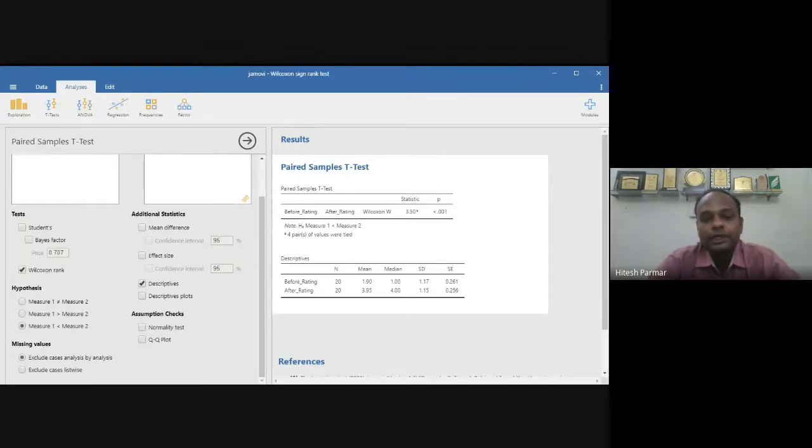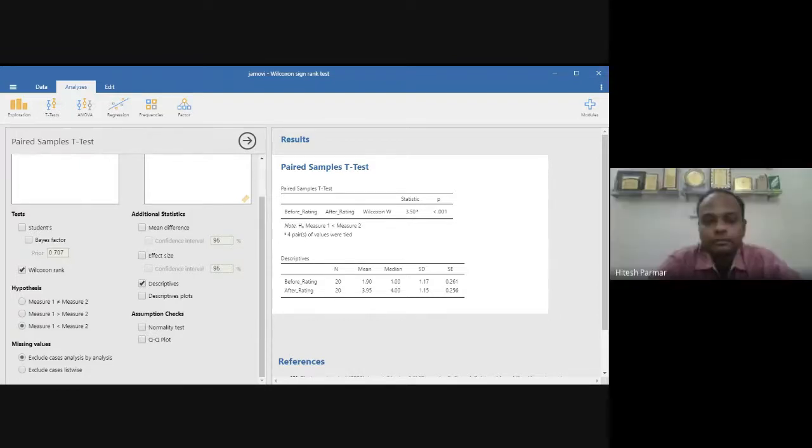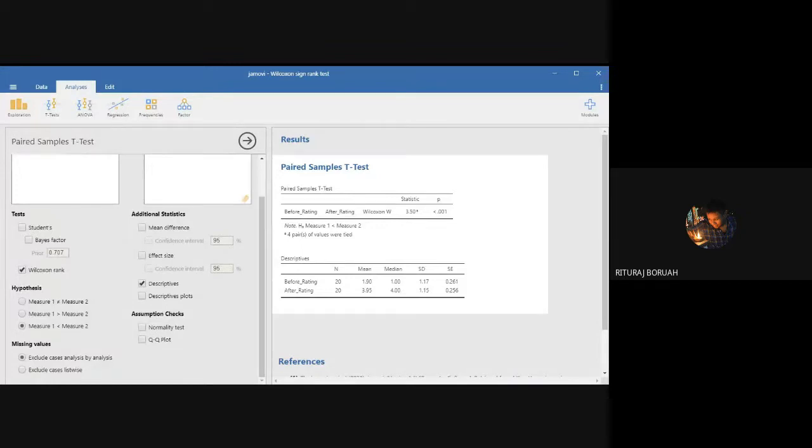Any question, any doubt? So then you can conclude, the overall conclusion will be the treatment is effective. Whatever we discussed, if you have any question, then please ask. Sir, in this question, we have to conclude by looking at the p-value, right, sir?